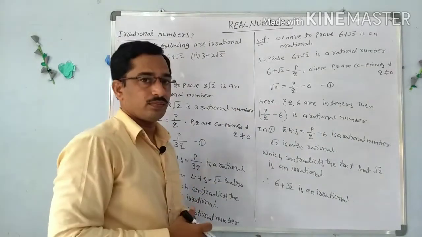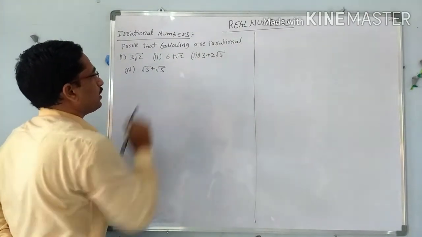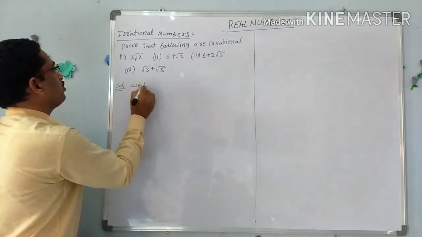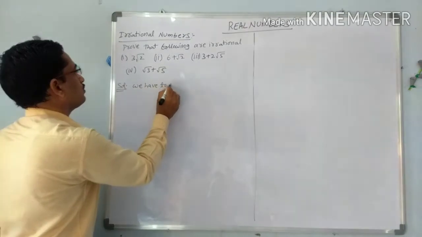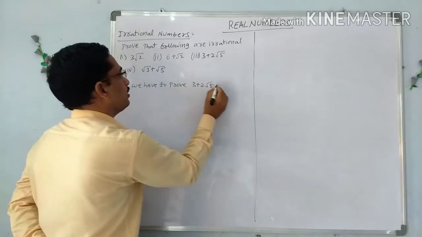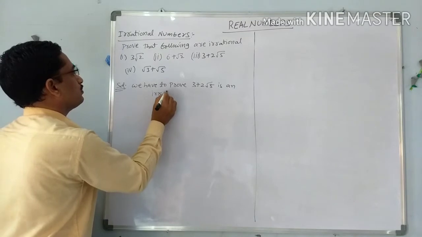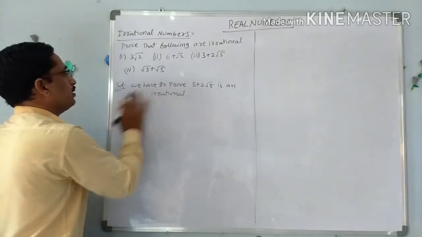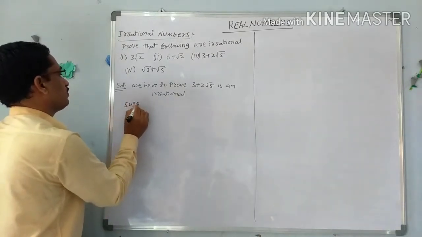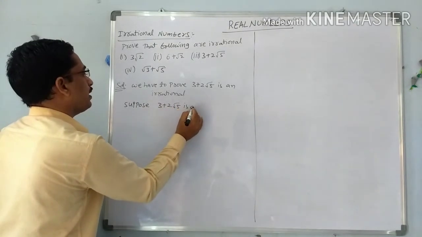Next, third problem. Now the third problem: we have to prove 3 plus 2 root 5 is an irrational. So same steps. We have to prove 3 plus 2 root 5 is an irrational, but suppose 3 plus 2 root 5 is a rational,